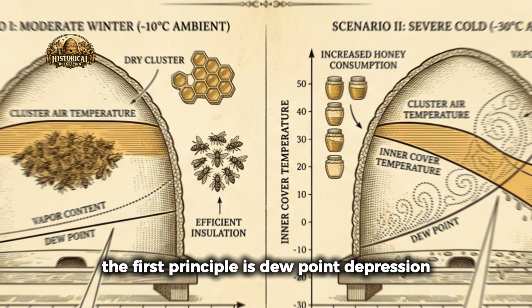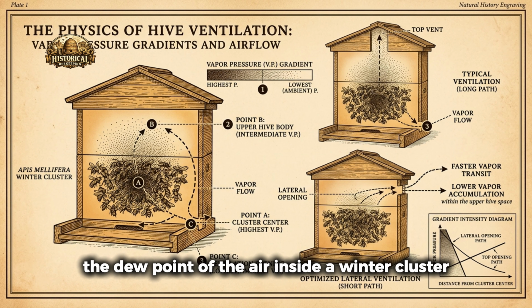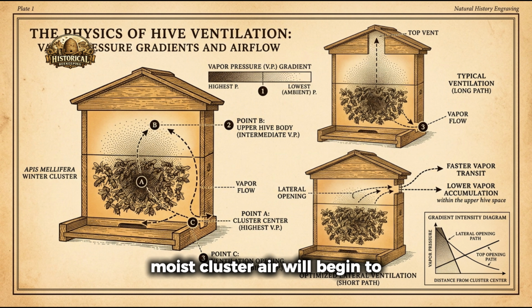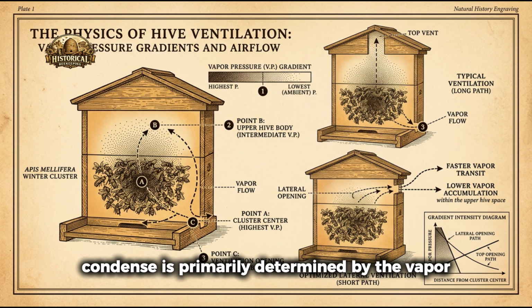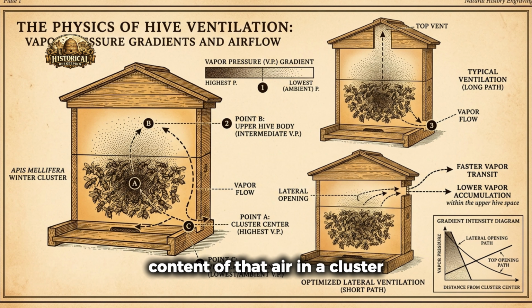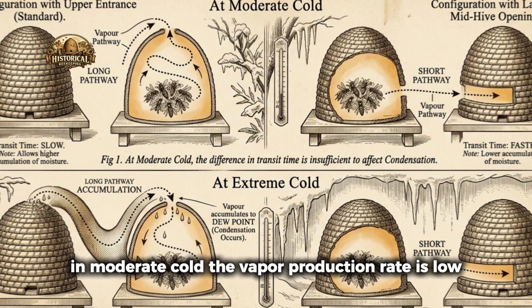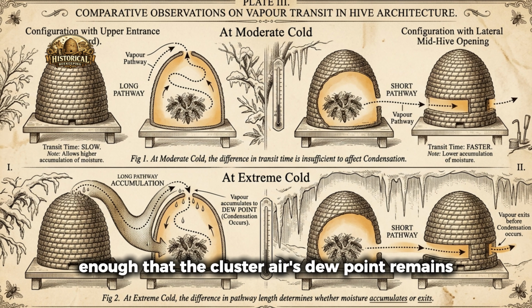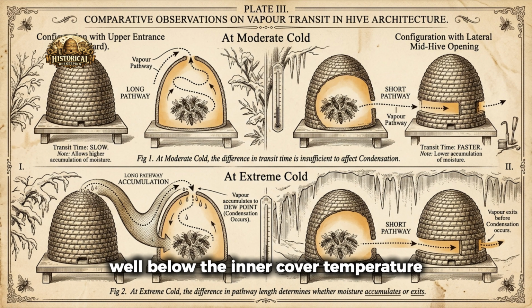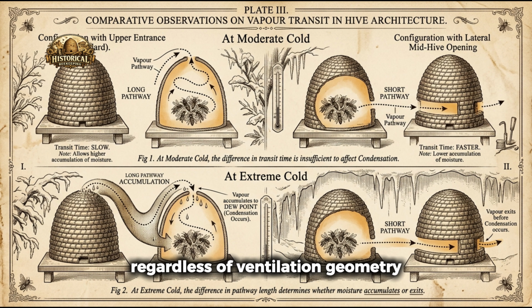The first principle is dew point depression. The dew point of the air inside a winter cluster, the temperature at which the warm, moist cluster air will begin to condense, is primarily determined by the vapor content of that air. In a cluster consuming honey at a moderate rate in moderate cold, the vapor production rate is low enough that the cluster air's dew point remains well below the inner cover temperature, and condensation does not occur regardless of ventilation